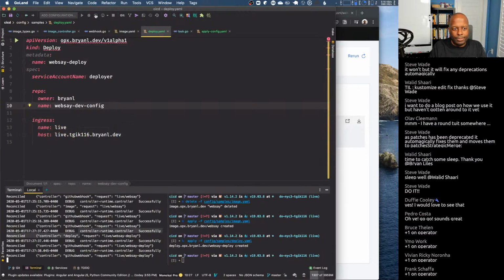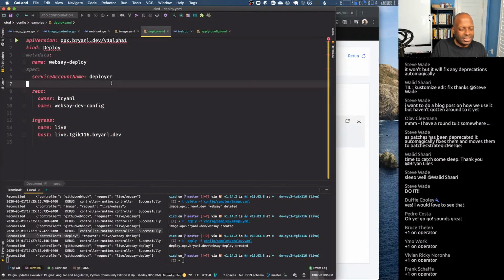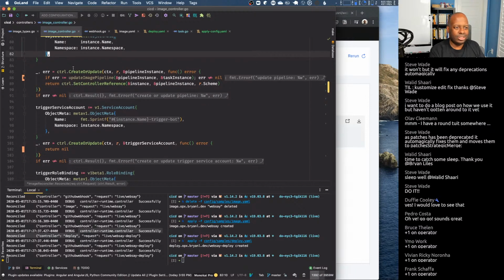So this is not a programming TGIK. I did see lots of +1s in here. So I think I'll come back in a little bit and actually do an operator. We'll just build an operator live. How about that? So we'll build an operator live, but just to show you, to get this in the cluster,